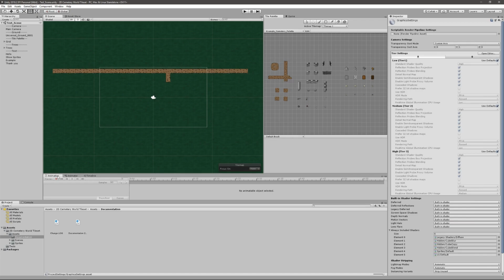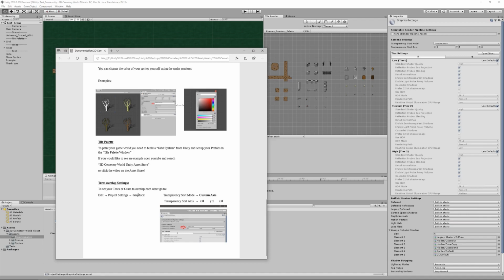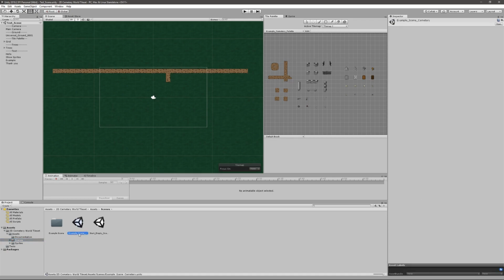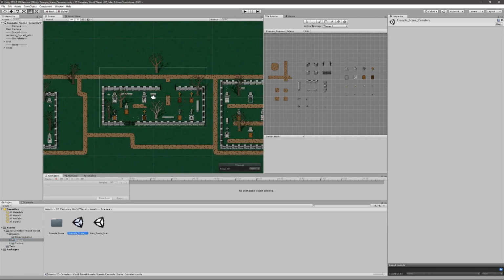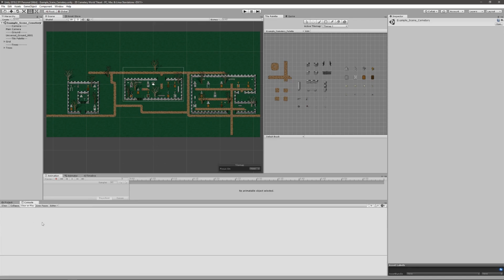For example, here, as with us, the customer must change the sorting mode. Here we have the demo scene. It looks okay. Important in your project before you upload is that there are no errors in the messages. You find it here in the console.